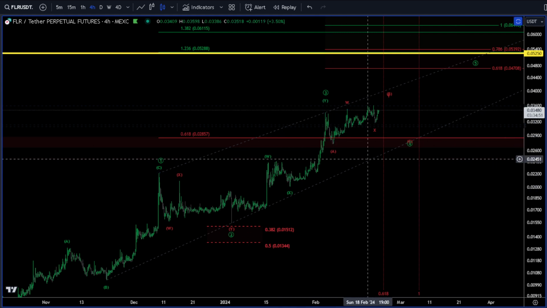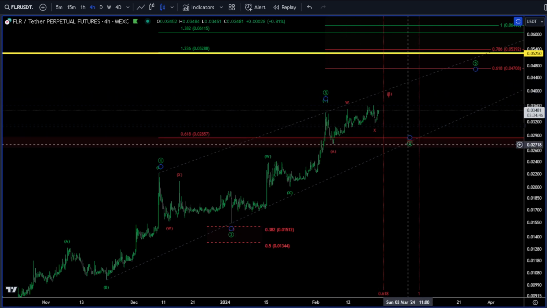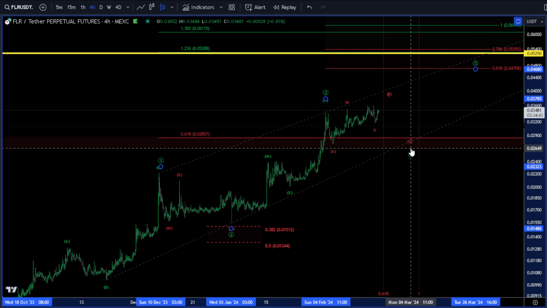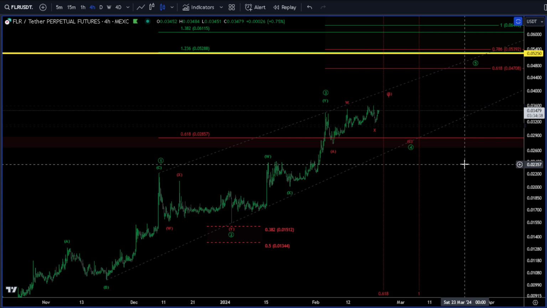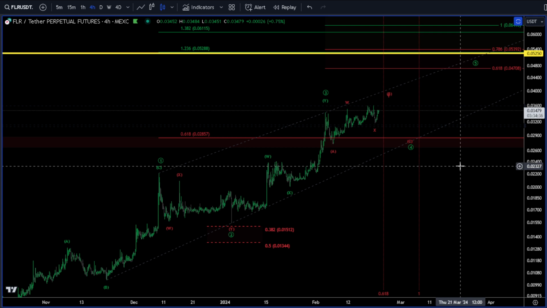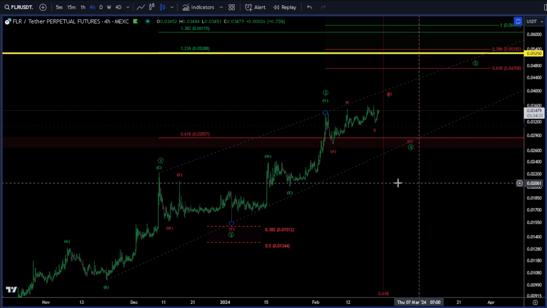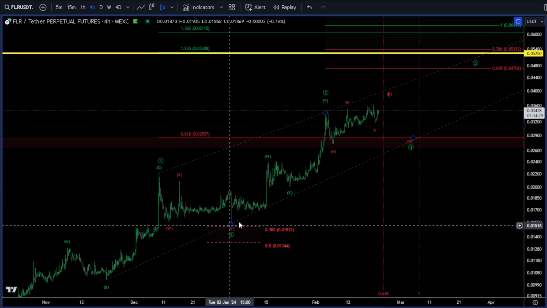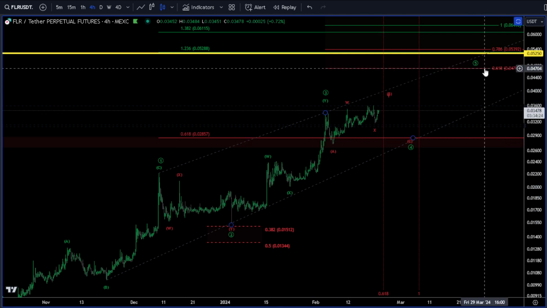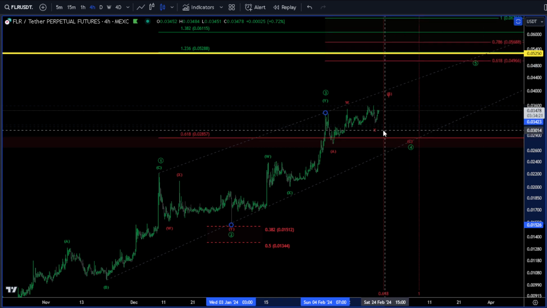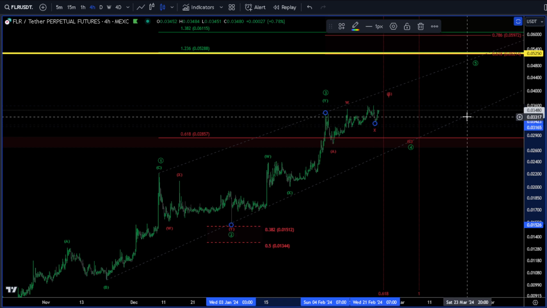Now I'm going to be discussing a few different things here on the micro in a moment, but there is a possibility that the fourth wave is complete, and I'll show you that scenario. Although it doesn't go with the ideal shapes we'd expect, it is technically valid that we have a completed fourth wave, and we could just go up here for our zigzag to complete our 5-wave move to the upside as a diagonal up between. If it was complete, we'd actually get pretty far extensions up around 6 cents,